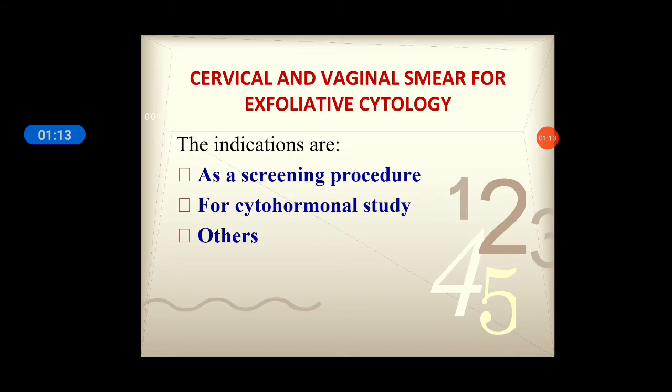So here we are doing the cytology of the cervix and the vagina. From the outermost part, that is from the mucous membrane, we are extracting the cells, and then we are making a smear. Whatever discharge we have collected, we have to spread over a glass slide and examine under the microscope. So a smear preparation is needed for any type of cytological examination or study.